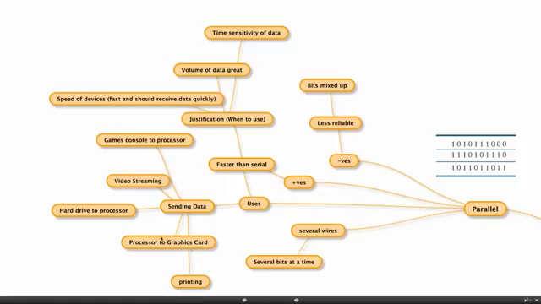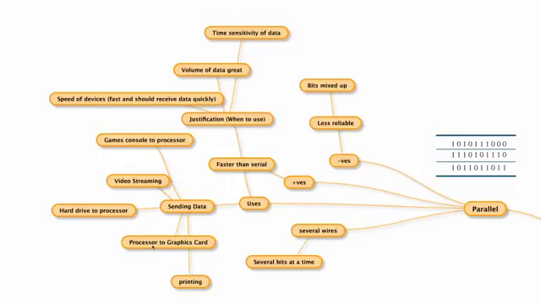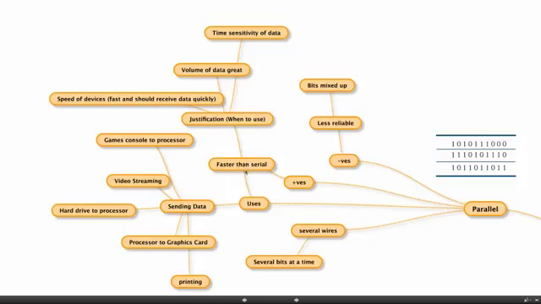The other ones that are more obvious will be the processor sending to the graphics card, the hard drive sending data to the processor, video streaming or games console sending data to the processor. Why do we use it? Well, it's faster than serial. The advantages are it's faster than serial. So we use it when the speed of devices is required, so that it sends data fast and it should receive the data quickly. The volume of data is great, and the time sensitive